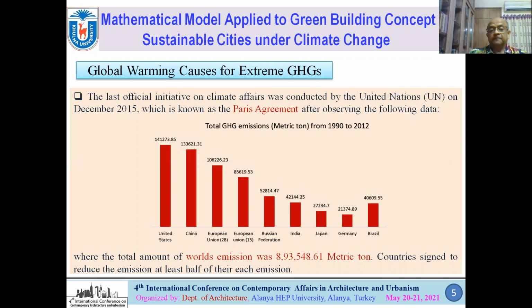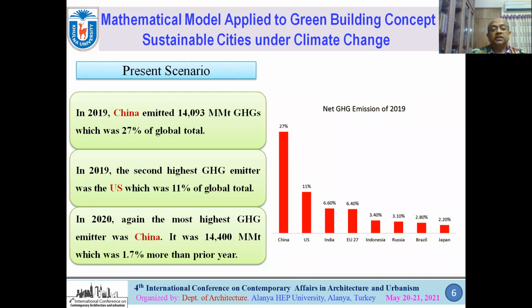So different countries signed to reduce this emission by at least half of their emission each year. And very recently, it is more alarming that in